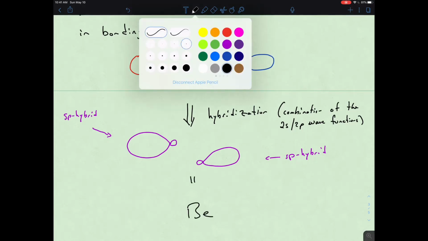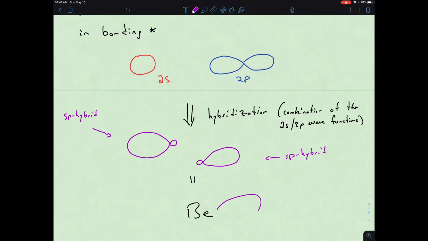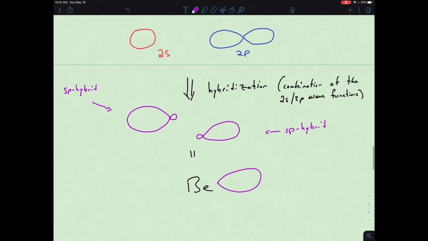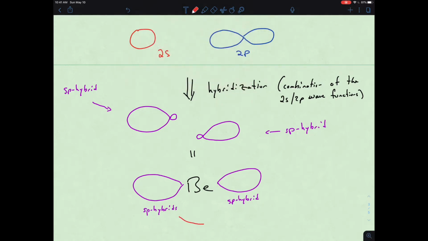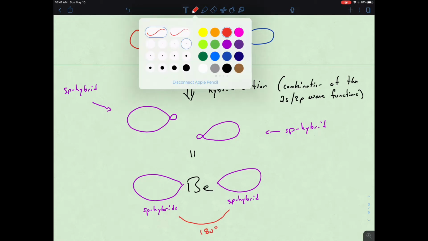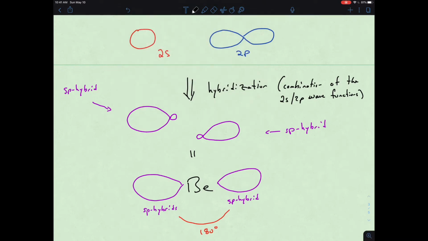Where beryllium is going to have one lobe out to the right. It's also going to have one lobe out to the left. Both of these are the sp hybrids. Also notice that they're 180 degrees apart, and each one is going to have an electron in it now because of that